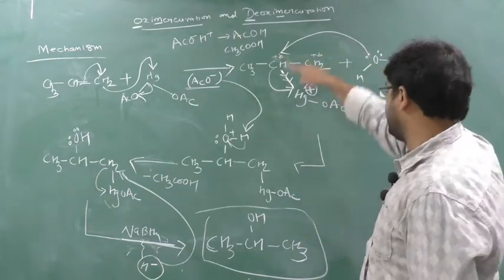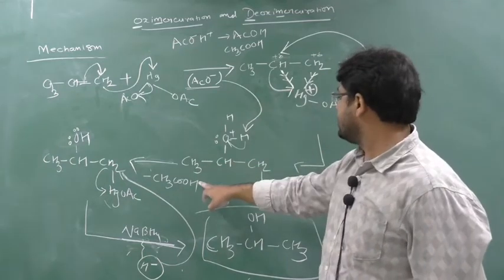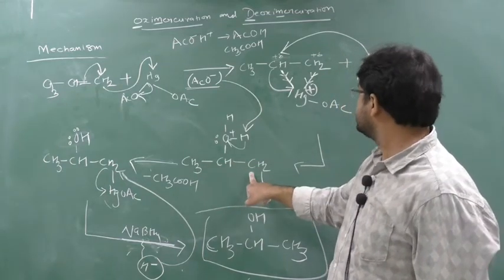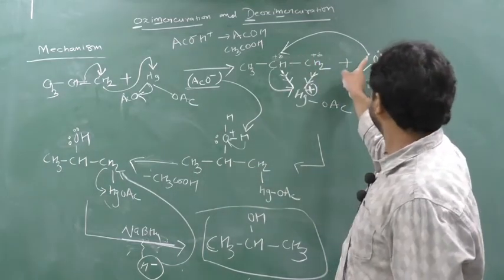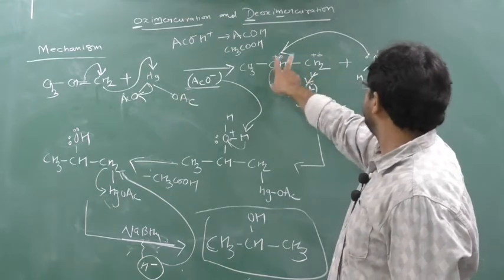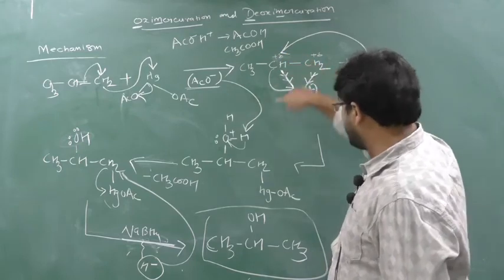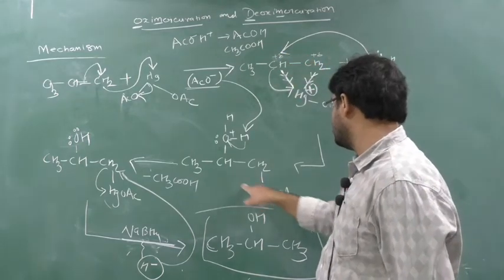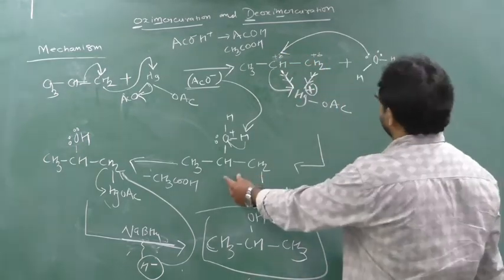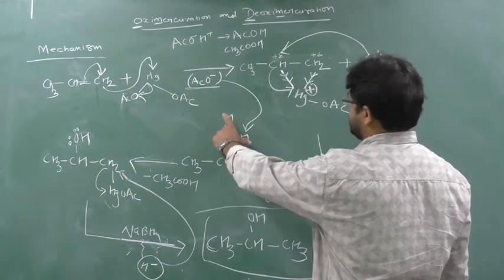So this complex will be forming here. It was CH3, this was CH, this was CH2. Here oxygen will give its lone pair, so this CH will make a bond with this oxygen of water. To make a new bond, the old bond will be broken. See here, this old bond is broken, and here a bond will be formed between this oxygen and these 2 hydrogens.